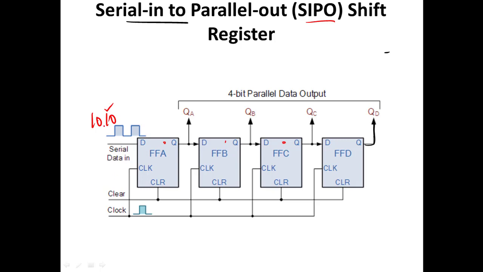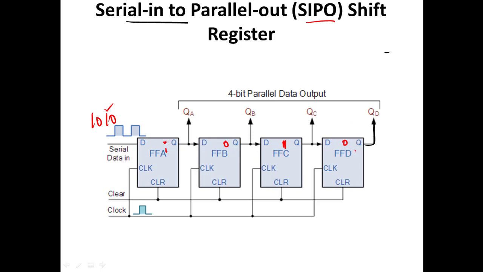During the fourth clock pulse, this will be 1, this will be 0, this will be 1, and this will be 0. So at the end of the fourth clock pulse, all your inputs will be saved inside your flip-flops A, B, C, D. As I said already, the output of one flip-flop will be connected to the input of the other. Here I am going to take the output of your register from this point, we are going to take a wire, and take the outputs, namely QA, QB, QC, QD.